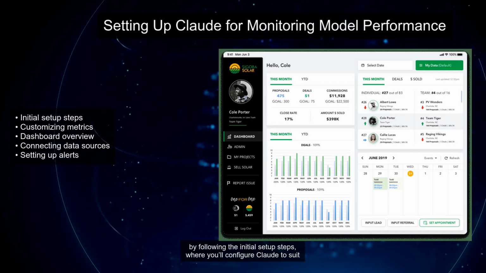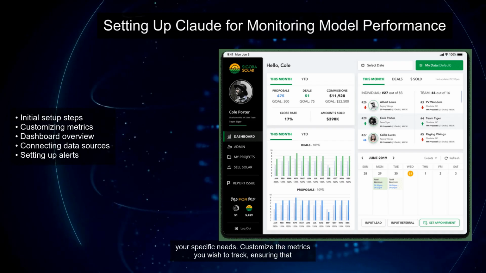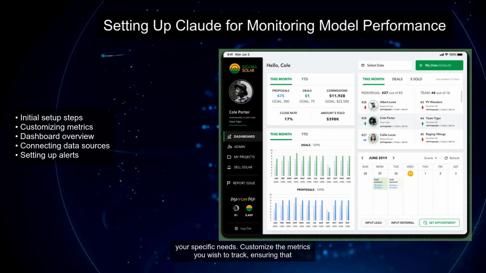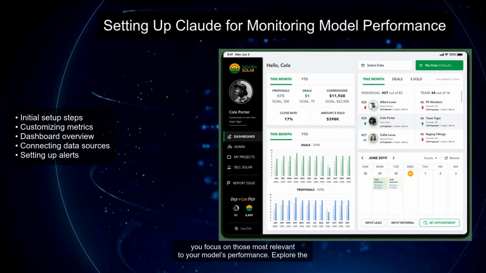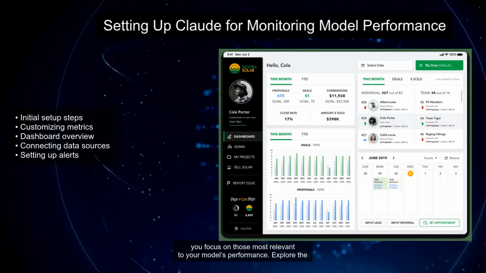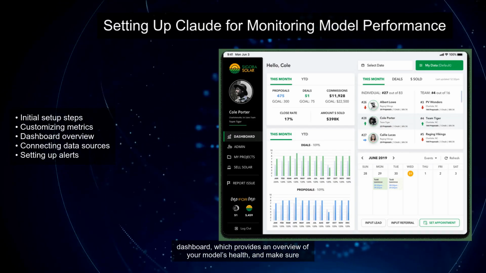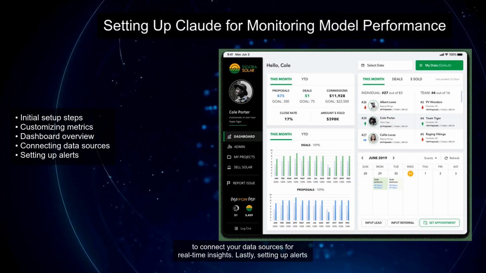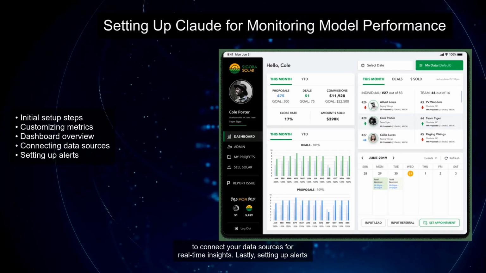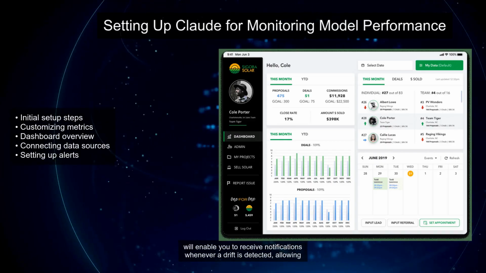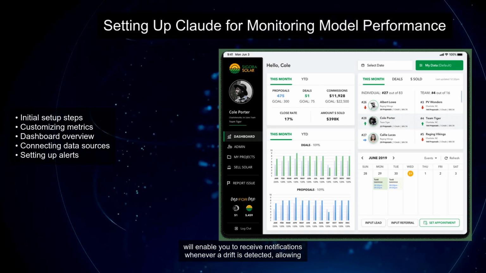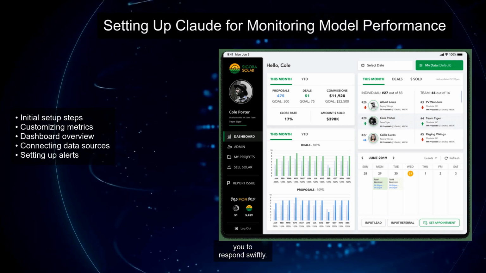Begin by following the initial setup steps, where you'll configure Claude to suit your specific needs. Customize the metrics you wish to track, ensuring that you focus on those most relevant to your model's performance. Explore the dashboard, which provides an overview of your model's health, and make sure to connect your data sources for real-time insights. Lastly, setting up alerts will enable you to receive notifications whenever a drift is detected, allowing you to